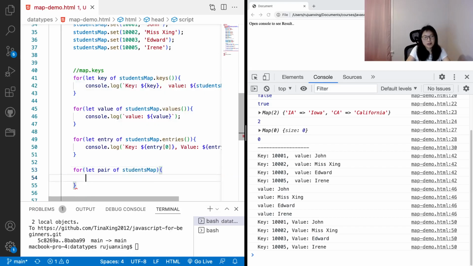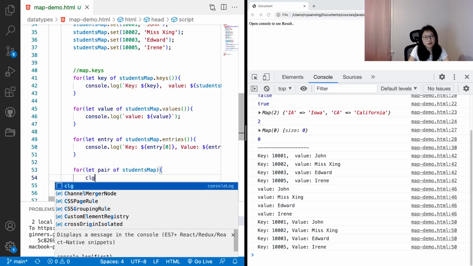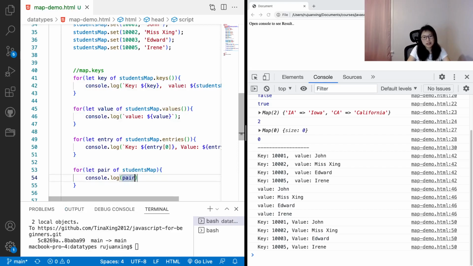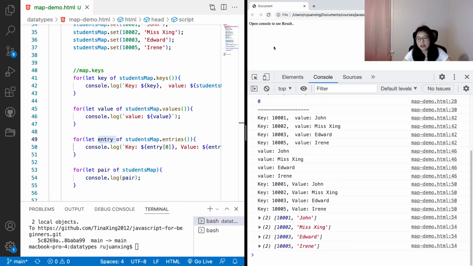Let's see, and console log pair. Let's take a look if I guess correctly, this pair is going to be the same as the entry, which is a key value